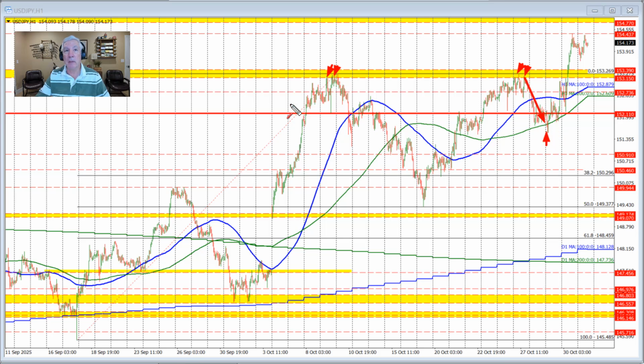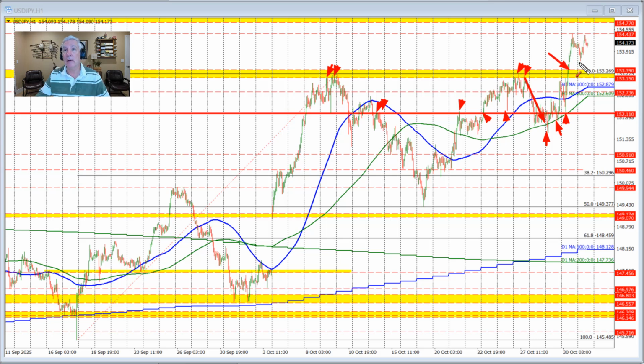We did move below the 200-hour moving average at the lows in trading on Wednesday's trade before we saw the Fed decision pushing the price higher. We did correct lower in trading yesterday, coming down to this swing area through here, swing high, swing low, trade above and below it, but retested right here and also tested the 200-hour moving average. Nice hold right there to give the buyers the go-ahead to push higher, and indeed they did, pushing above